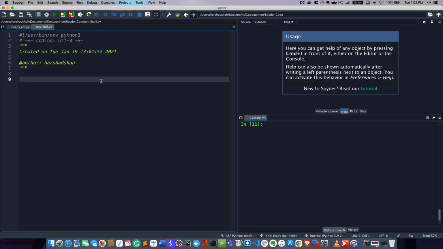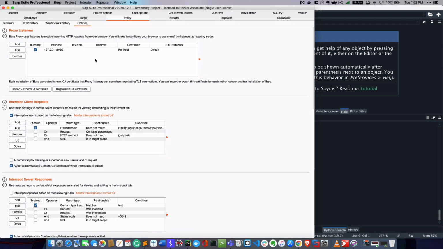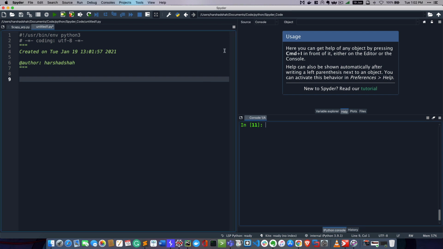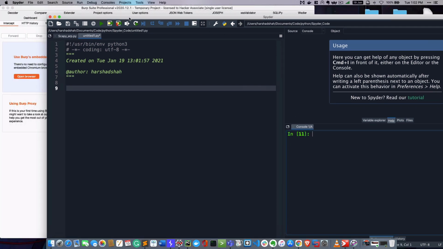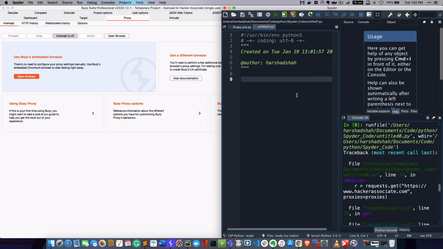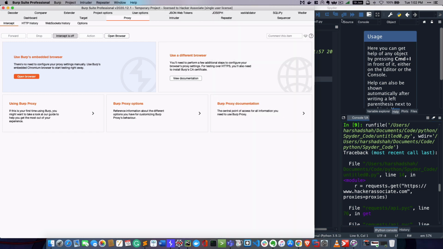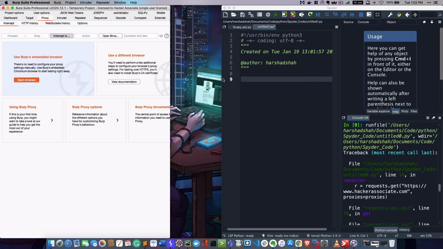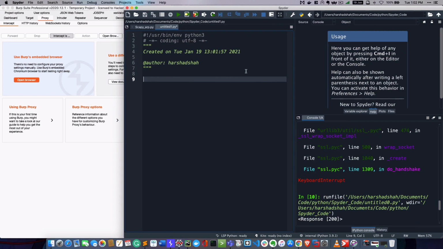Whatever code I'm going to write here, we need to intercept the request using Burp. Whatever I do here, I need each and every piece of information to appear under the Intercept tab. So how can we do that? I'll rearrange this screen so you can see both together. I'll put the code on the right side and Burp on the left-hand side, so you can easily see this properly.